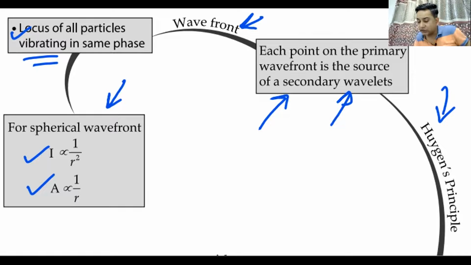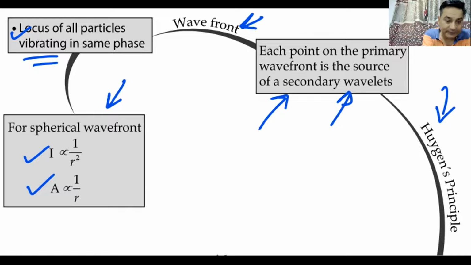Those infinite sources are coming by the principle of Huygens, that every point on the wavefront will become a source. Do we understand this? That is your Huygens principle about how wave propagates and how every wavefront can become a source of